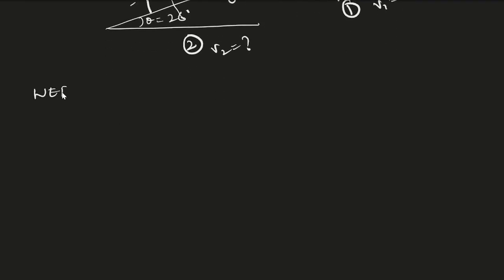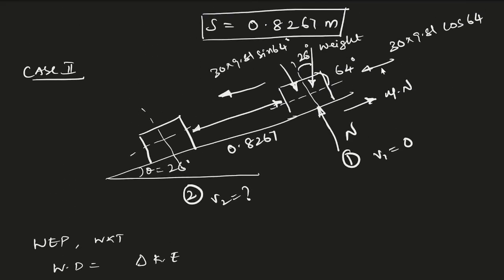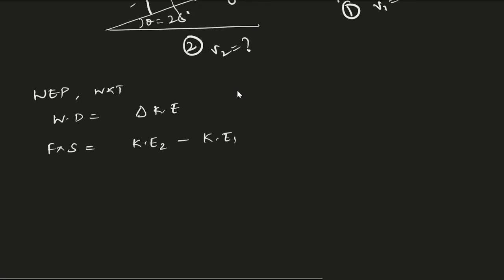By the work energy principle, we know that work done is equal to change in kinetic energy. So force into displacement equals the second position minus the first position. What are the forces acting along the x direction? We have two forces. One is 30 into 9.81 cos theta, but it has the same direction as the motion of the package, so we take it as a positive value. So 30 into 9.81 cos of 64 degree